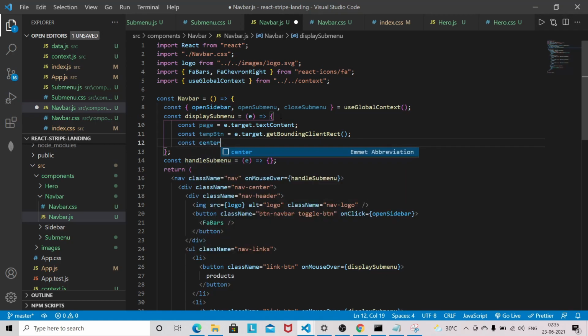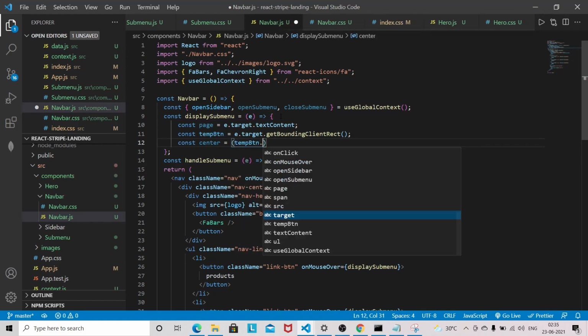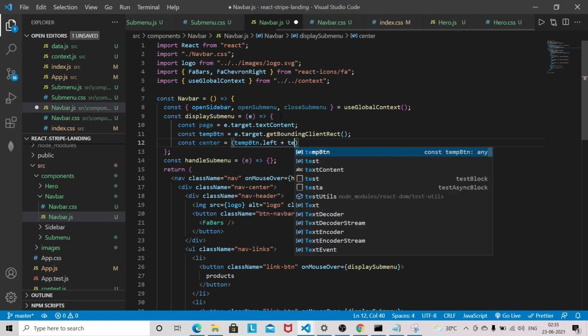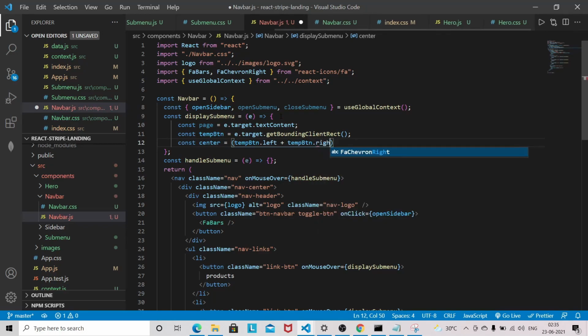Now we will be having center here. Const center is equal to tempBtn dot left plus tempBtn dot right divide by 2,